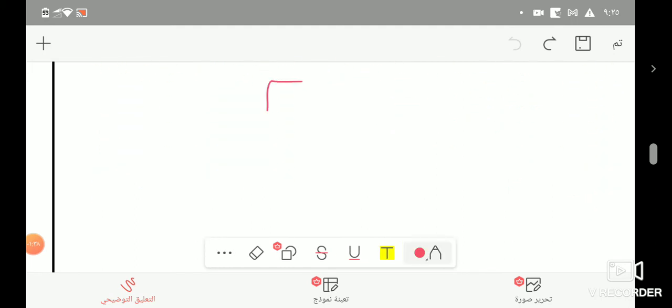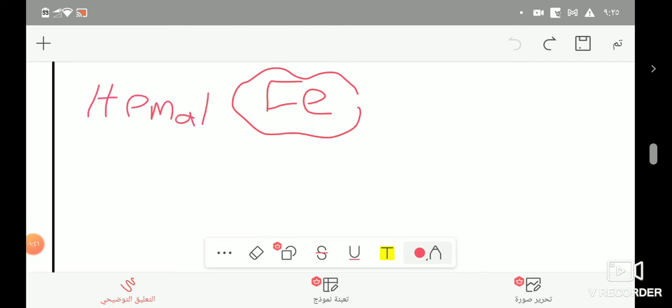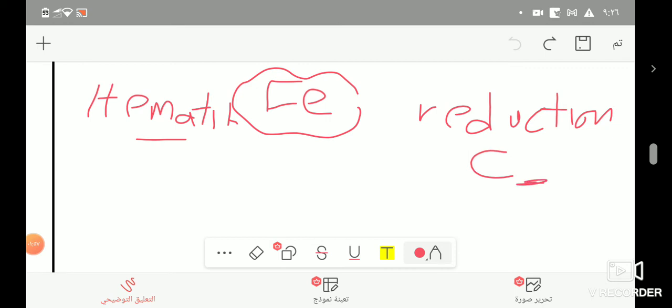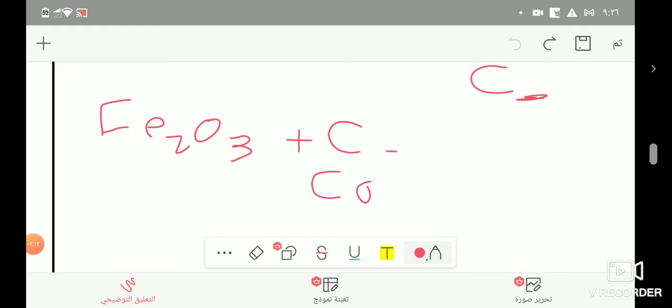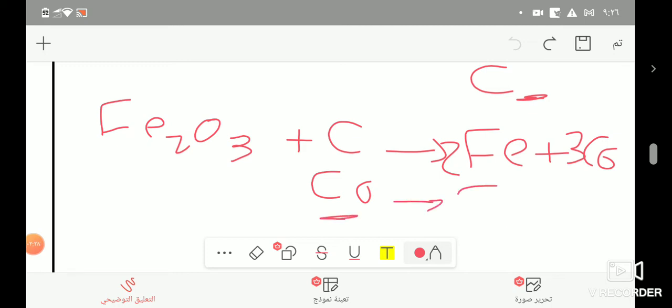Firstly, let's talk about extraction of iron from its ore. Iron is found as hematite, and its extraction occurs by reduction with carbon, C, or coke. Hematite has the formula Fe2O3. When this hematite reacts with carbon, it gives iron plus carbon monoxide. Also, hematite can be reduced by carbon monoxide, giving iron plus